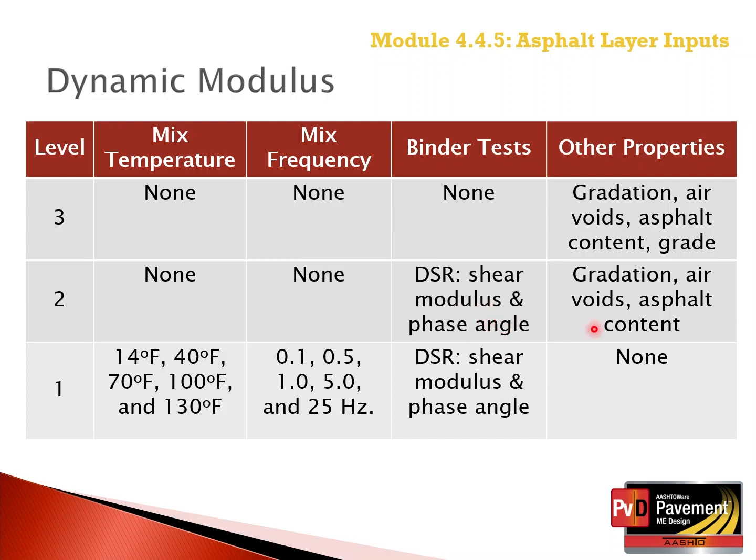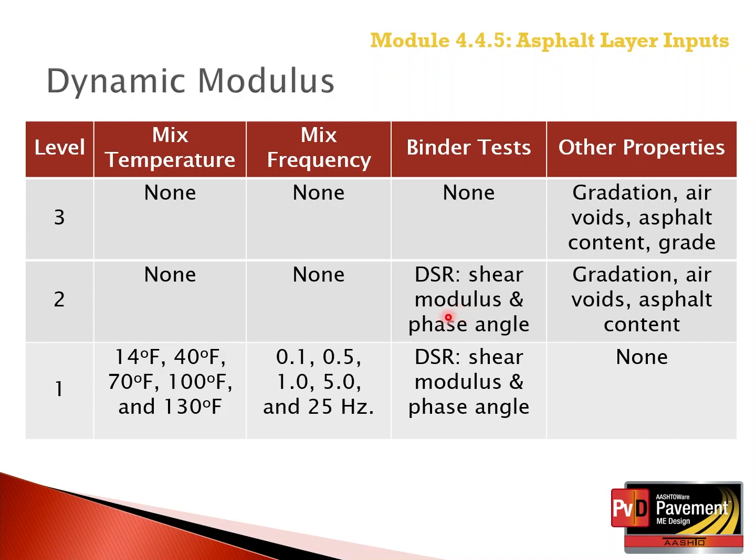And then using the volumetric properties, component properties, and the binder properties, the dynamic shear modulus is calculated using the Witczak regression equation, and then those properties are varied over time